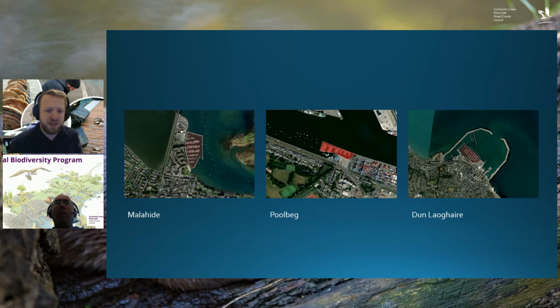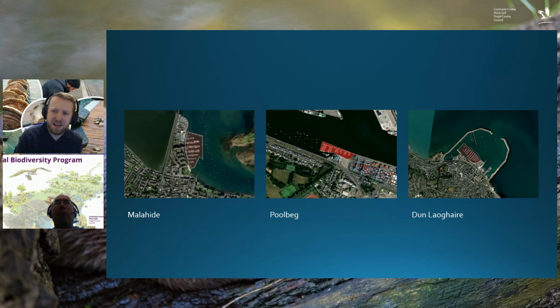We've chosen a few sites for a pilot project to reintroduce some oysters. So we have some at Malahide, at Poolbeg, and Dunleary. These were selected based on some background studies and the available EPA data as all being likely suitable for oysters. There haven't been oysters in any of these waters for at least a century at this point, but the environmental conditions lend themselves to being beneficial and suitable for oysters to survive and even thrive.